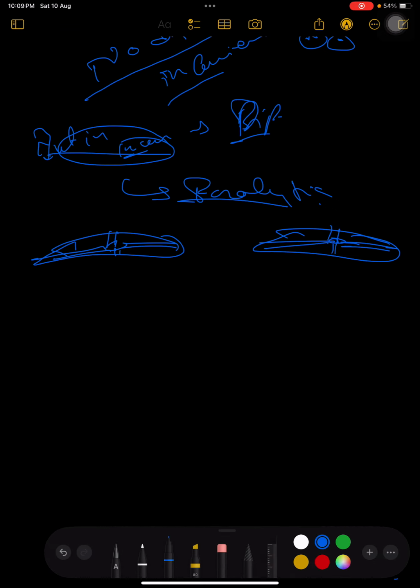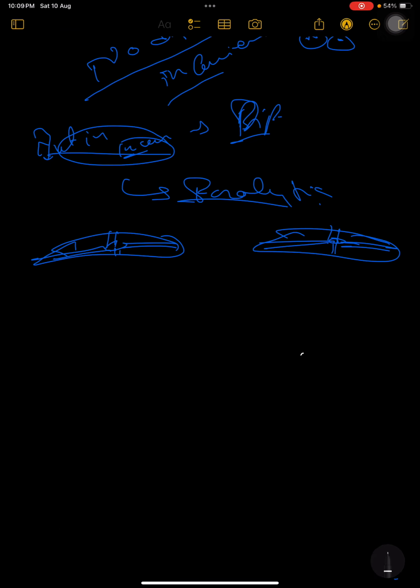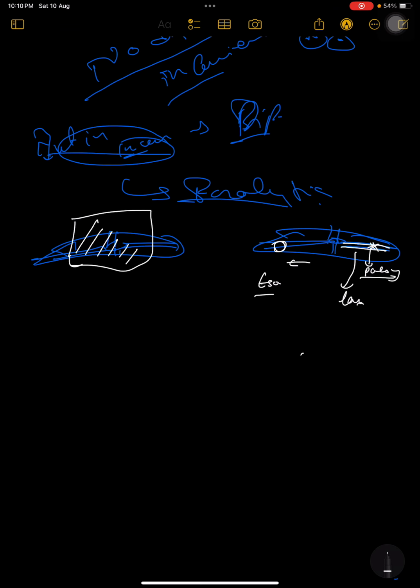Now what happens is, suppose my sixth nerve is palsied, then if this nerve is palsied, there is a palsy of this muscle, so this will be lax, so there will be pulling action of the medial rectus and it will be esotropia. Okay, it will be esotropia. And what happens is, whenever you put a cover in your normal eye, now if I put my cover in the normal eye, what happens is,